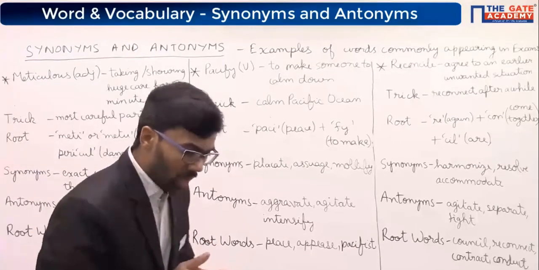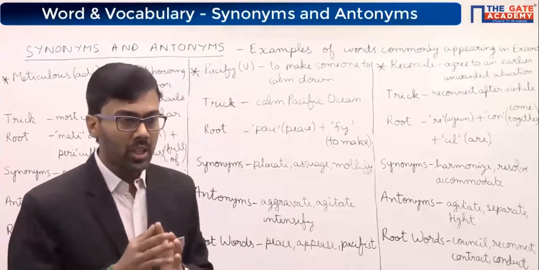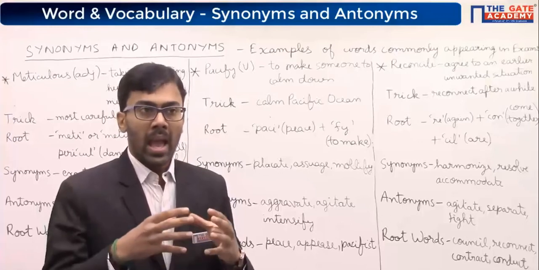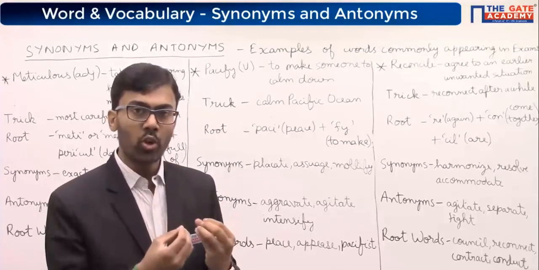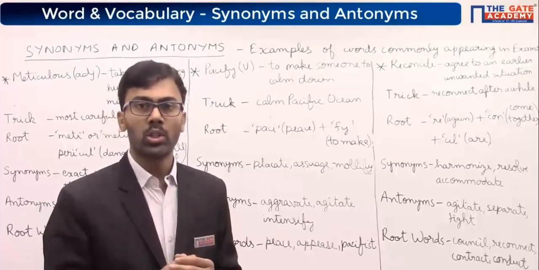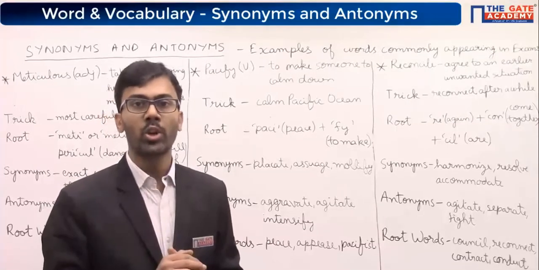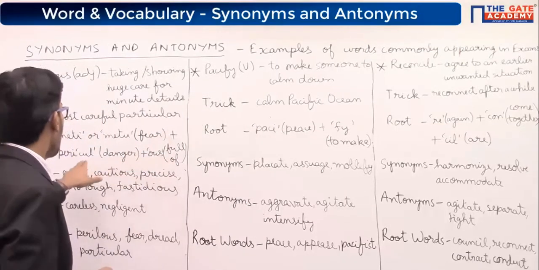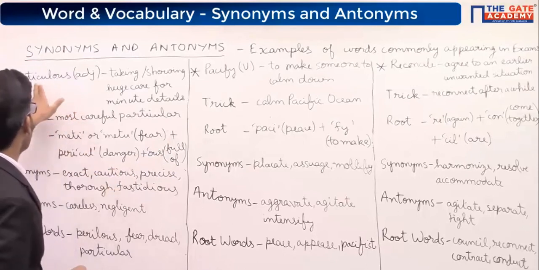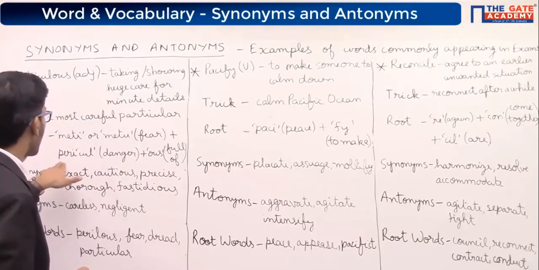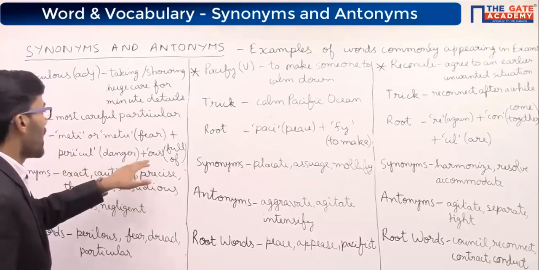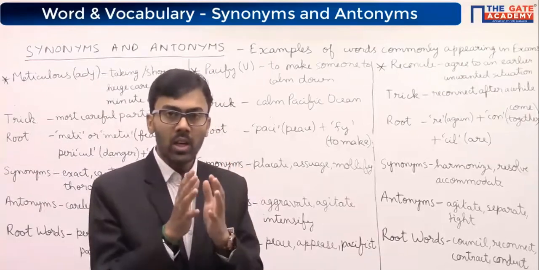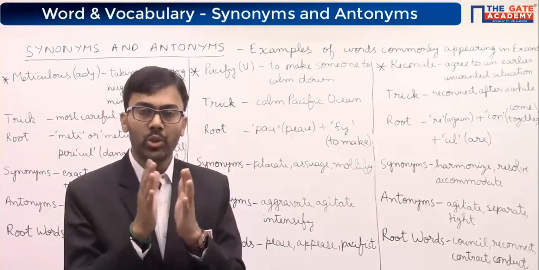Now meti or metu, which means fear, basically means that if someone or a group of people have a fear of something going wrong, they are very careful about even small details because they are afraid or scared of something going wrong. So that's why the root is meti, or fear or danger. Now this particular phrase kal actually comes from pericle, which means danger, and us means full of danger. So when you are full of fear of danger, and you try to avoid it,